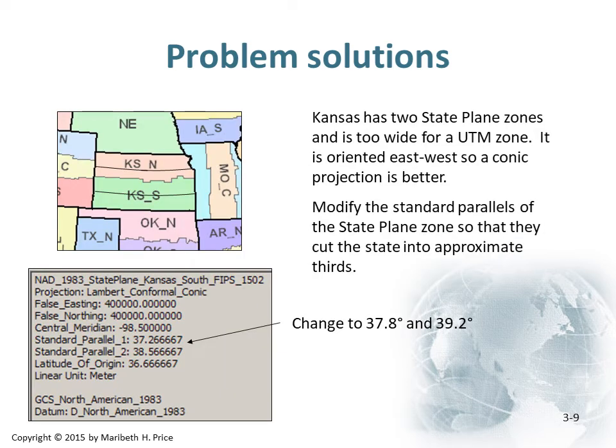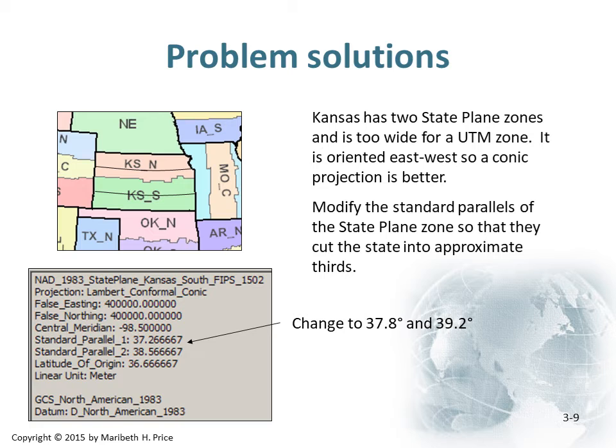Kansas got a north and a south state plane. It's all or nothing kind of a deal with this. What are we going to do? We can't look at UTM zones or anything like that. If we're going to modify the state plane, how do we do that? Well, what if we found the center of each of those two state plane zones and just modified one of the two,